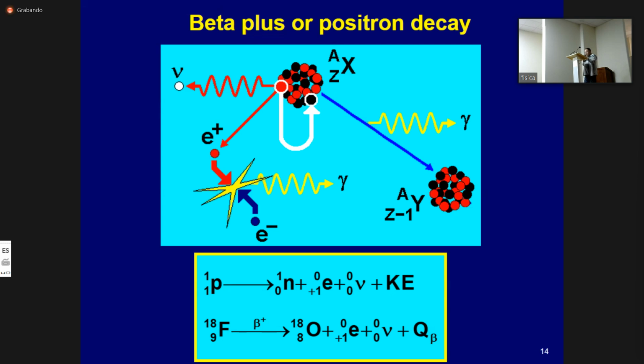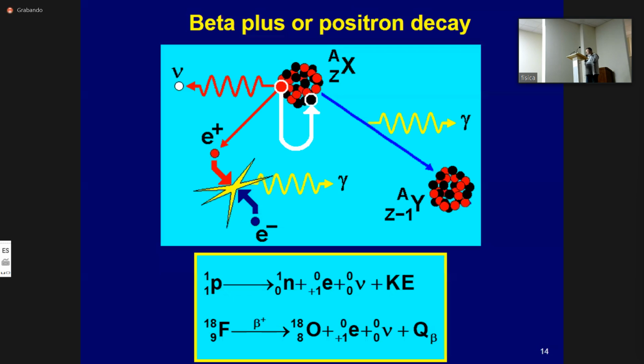So the mass number of nuclides during beta plus decay remains unchanged, while the charge number of the daughter nucleus decreased by 1. This phenomenon can be represented by this example: decay of proton to neutron, positron, and neutrino, and